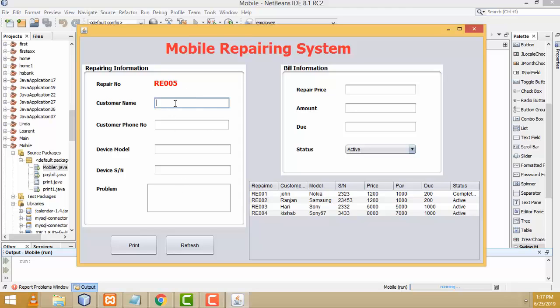So here I am going to enter the customer name as Peter. Phone number, I am going to enter the number like this. Here the device number, device model I am going to give as Nokia, and SN number I am going to enter as something like that, and problem water damage. After that, repairing fee I am going to add as